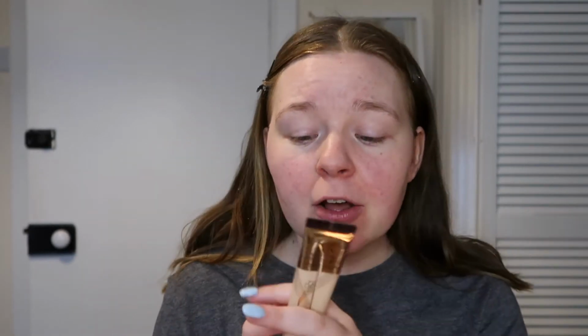Okay, and then the next product I want to talk about is a foundation, and this is the Charlotte Tilbury Beautiful Skin Foundation. I got this for my birthday. I was really eager to try this because I'd seen so many people rave about this, especially on TikTok actually. I think I've said that before, I actually did go into a Phoenix in Newcastle, which has the Charlotte Tilbury counter, and got shade matched. And I would say if you can do that, if you do have a Charlotte Tilbury counter near to you,